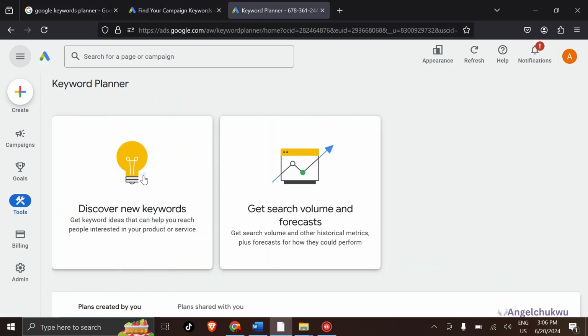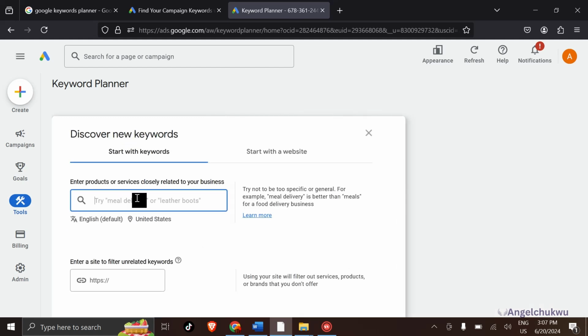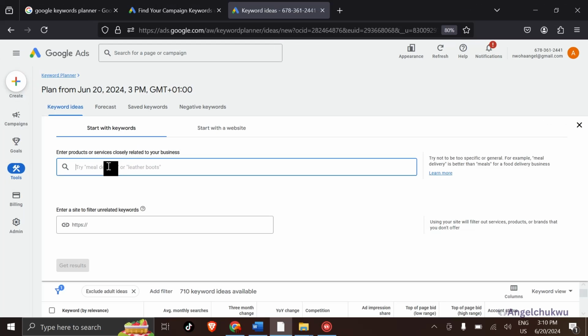Now you can discover new keywords here and you can get an estimated search volume and forecast. Now our interest in this tutorial is to discover new keywords. So I'll click here. Okay, the first step at discovering new keywords using Google Keyword Planner is this. You can discover keywords by just typing a seed keyword. Let me look for keywords like